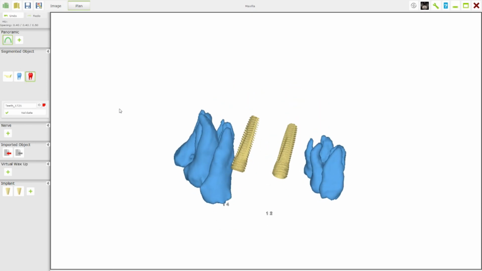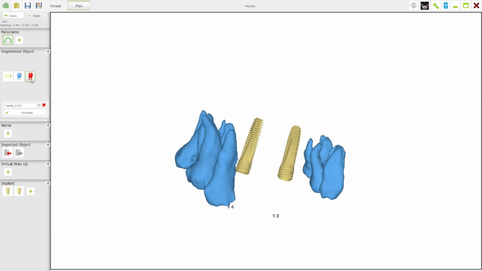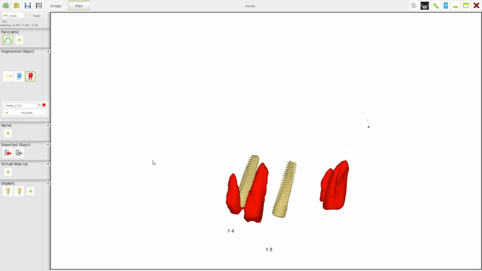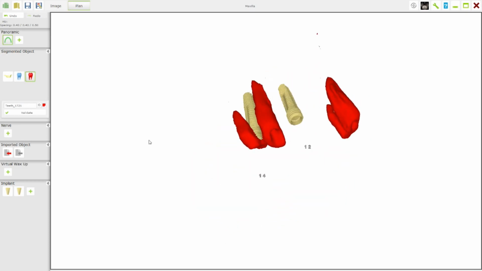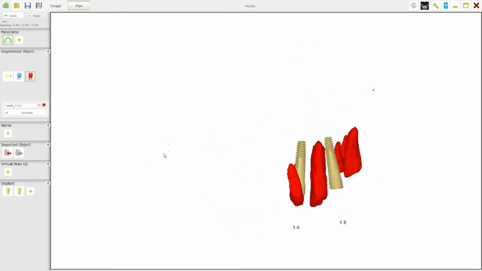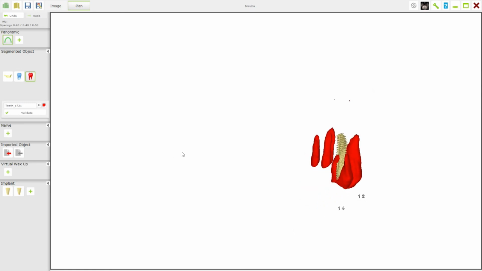But even more useful is that if I click back on the teeth, by right clicking on the teeth, I can take out the existing teeth. Now all I have, I can right click on the mouse, and now I have the implants, and I can see, especially on the immediates, how much of the implant is going to be encased in bone and how much of the implant is going to be in a void, if you like, because where the red is obviously where the teeth roots are at